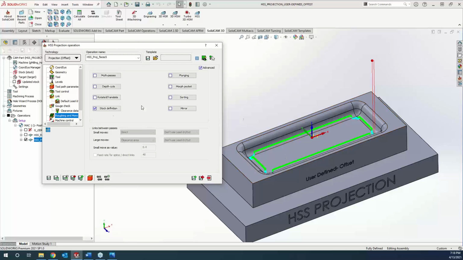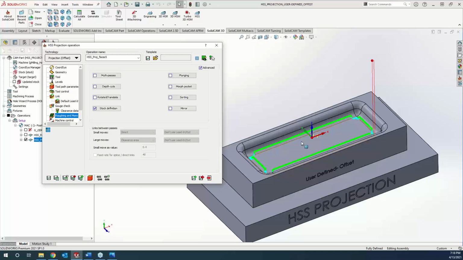It looks at the updated stock as well as the model, and it trims off any additional tool path that does not need to be there for you guys. So definitely a nice feature to use in there as well. Well, that is everything. Like I said, it's going to be a shorter night class tonight, but that's everything that I could think of